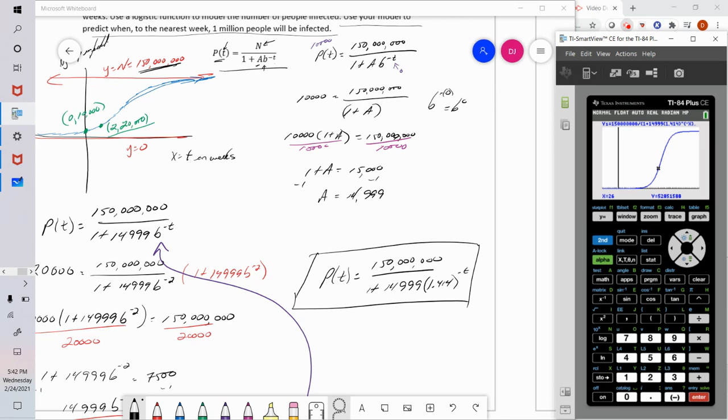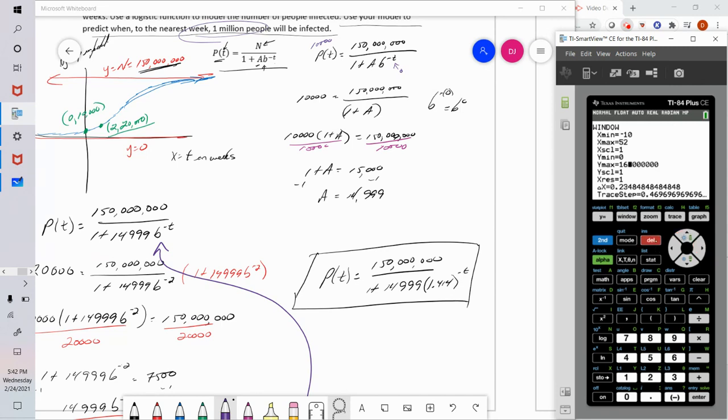If my question is to the nearest week, when would I expect 1 million people to be infected? I'm going to use a strategy like I've shown you in a previous video. I'm going to let Y2 equal 1 million people. Okay, now they don't look very different, okay, because my window is going up to 160 million. Okay, if I were to reduce this just a little bit,